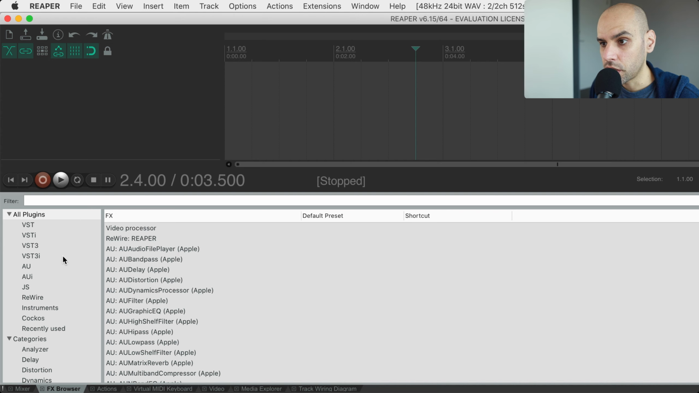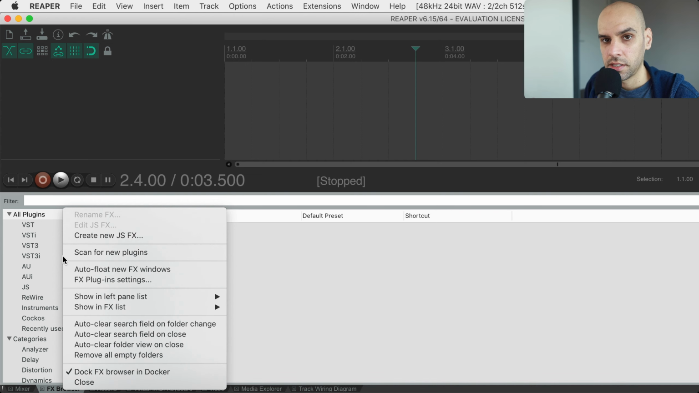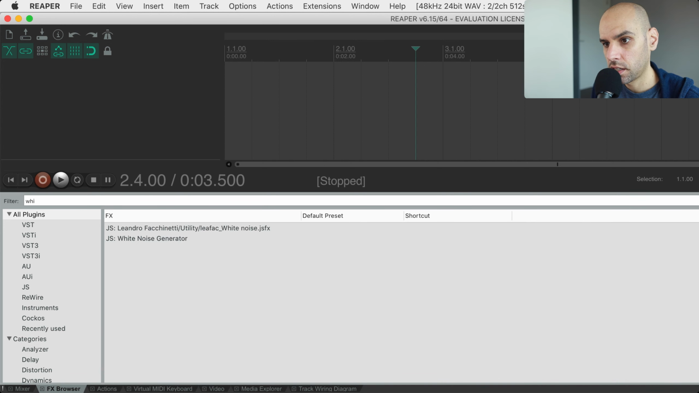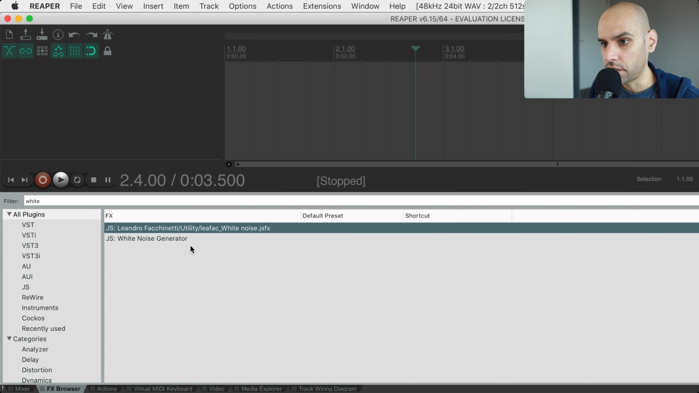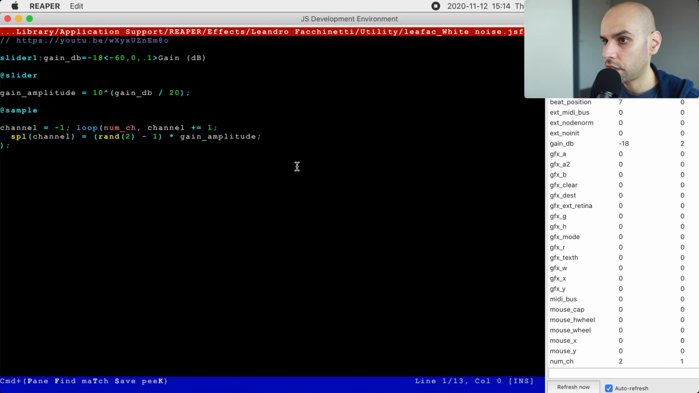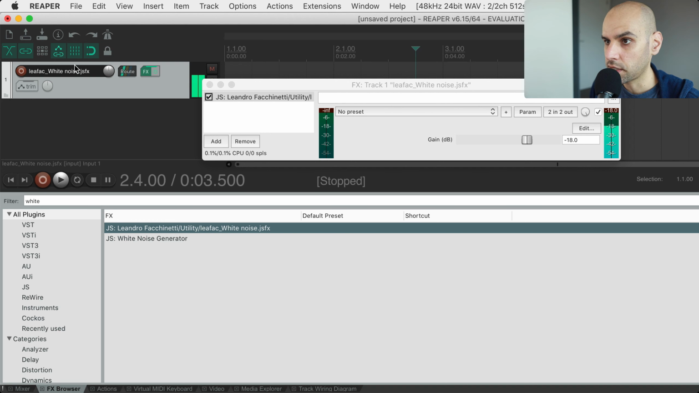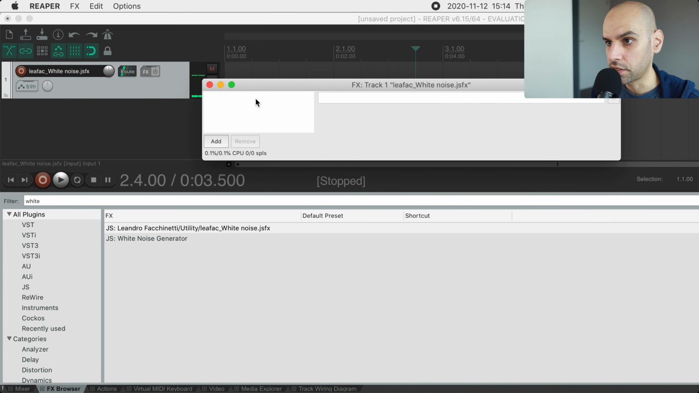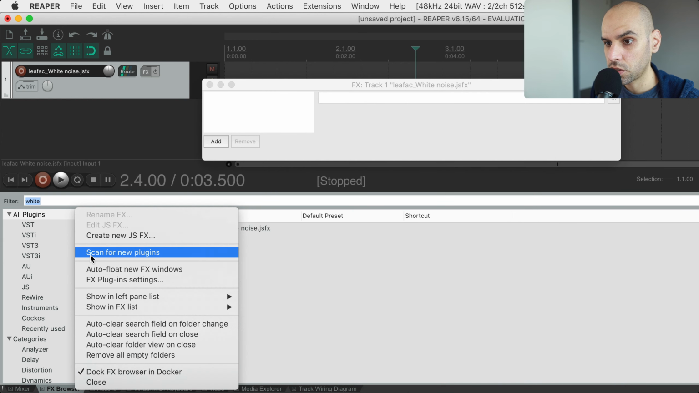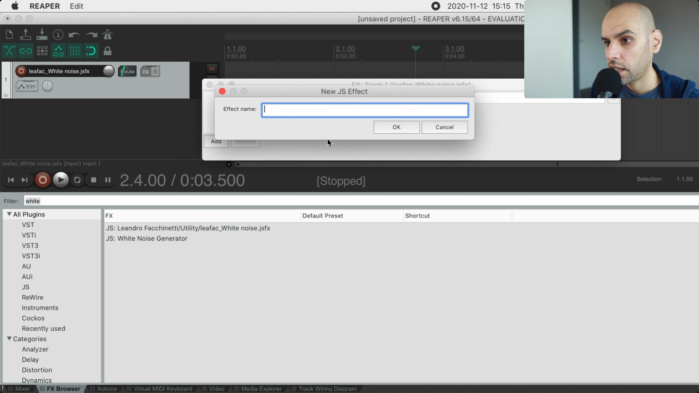The effect that I want to create here is a broken white noise generator. So I'm going to scan for plugins and find my white noise generator. That is our version, not the one that comes with Reaper. And I'm going to assign it to a track, just so I can come here and copy this code, because I'm not using the white noise generator. I'm going to use a broken version of the white noise generator. So I'm going to create a new JS effect, and I'm going to call it